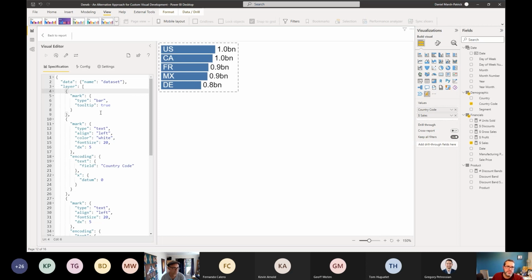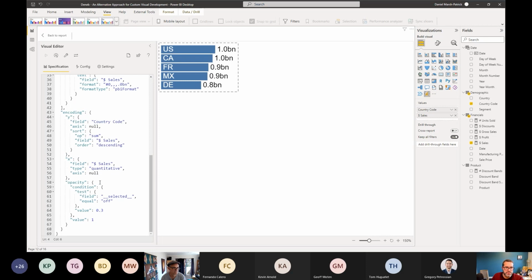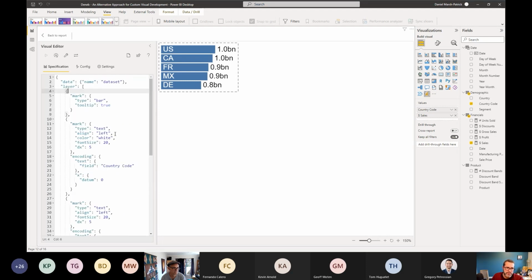But what we want to do is keep this as pure as possible when it comes to the Vega and Vega-Lite compatibility. We don't want to put too much in here that makes it hard to move elsewhere. One of the neat things about this is you should be able to copy paste it into some other tool that uses Vega-Lite, and it should work. So if you wanted some additional metadata, what I would probably suggest here is, if you're using the visual,